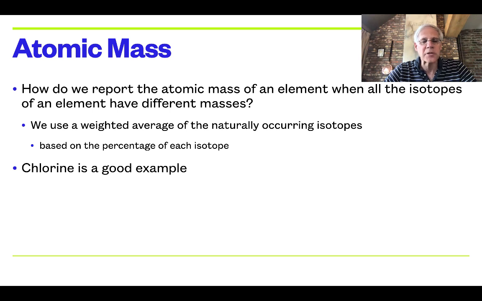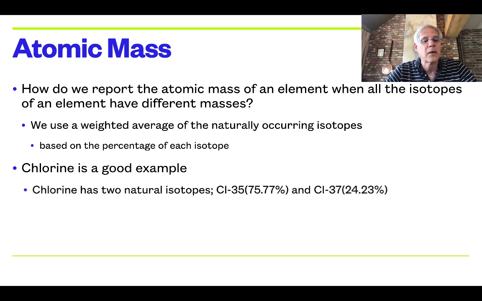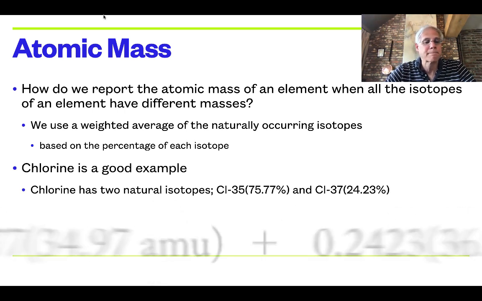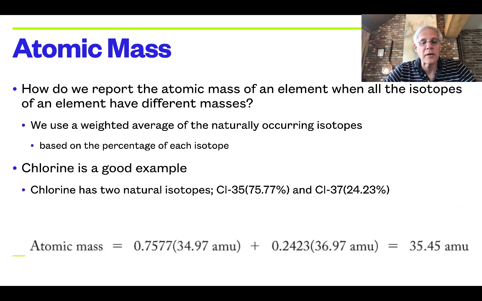Chlorine's a good example because it only has 2 different isotopes, and that makes our math just a little bit easier. So chlorine has 2 natural isotopes, chlorine 35, which is present in about 3/4 of all chlorine atoms, and chlorine 37, which makes up the other 1/4. Okay, you can see the percentages there are just a little bit different than that. So the way we write an